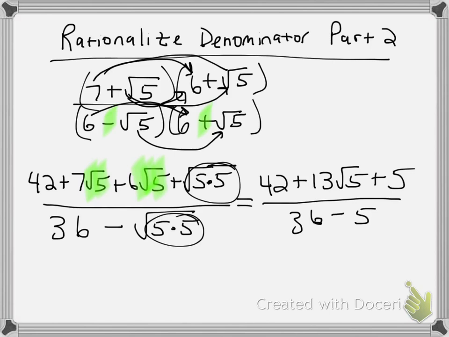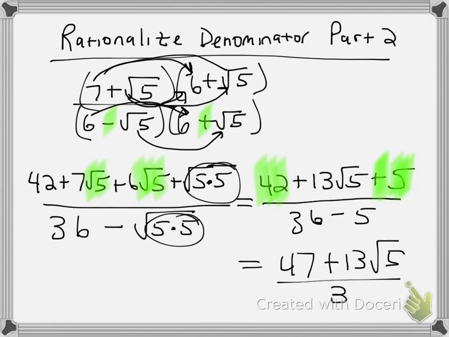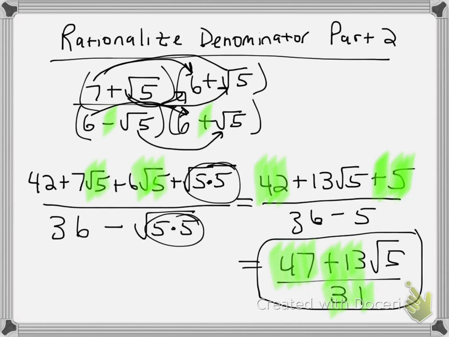Now I'm going to go ahead and do my last part, which is adding these two terms together. So this becomes 47 plus 13 square root of 5. My denominator becomes 31. And I can leave it like that. One thing that we always do want to check, though, is if we can simplify these three numbers. If it's possible, we will. If not, we won't. So I'm going to leave it just like this, 47 plus 13 square root of 5